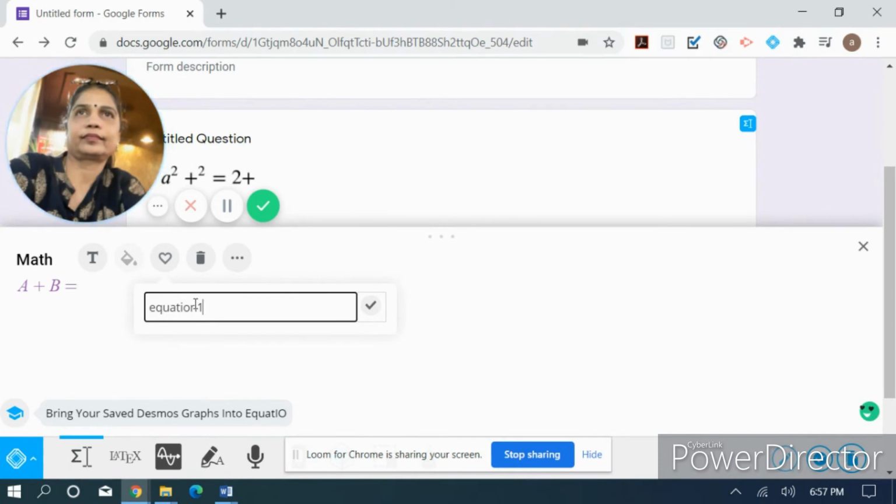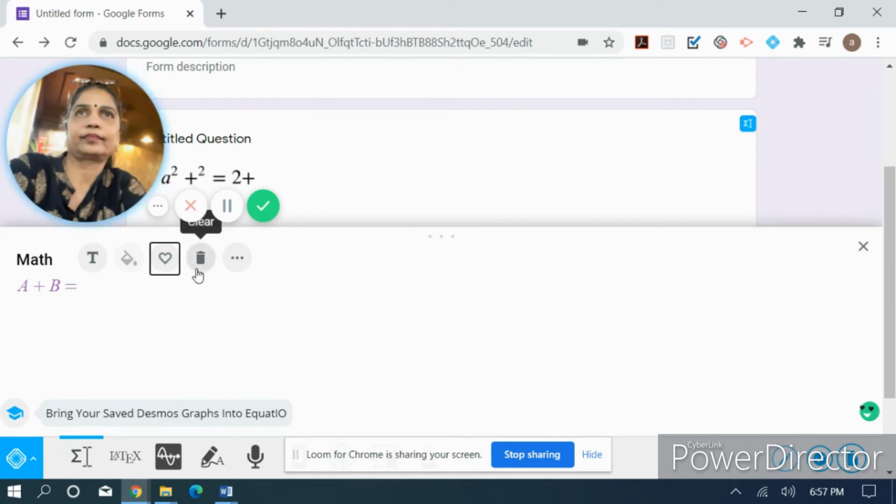Like in maths, you may have n number of formulas. So when you want to save that formula, you don't want to type the formula again and again, so you can add them to your favorites as and when you want it. You can name the formulas also, and as and when you want it, you can go to favorites and click on that particular favorite equation.